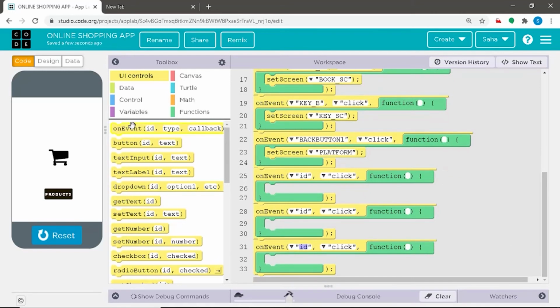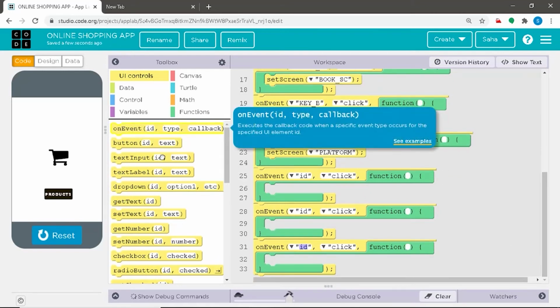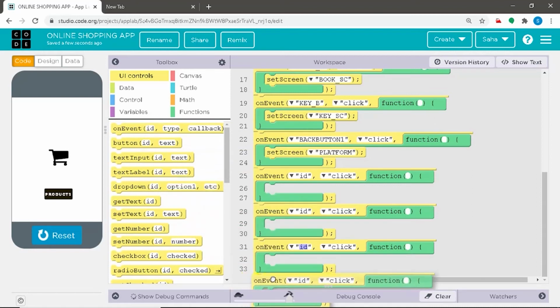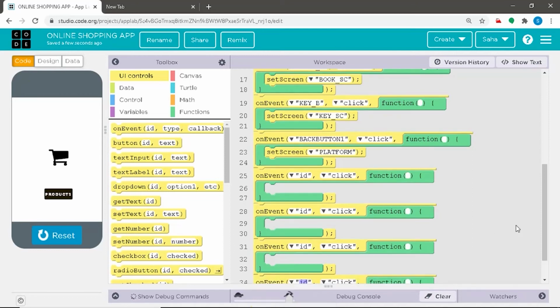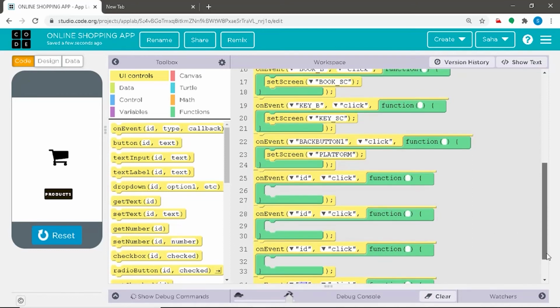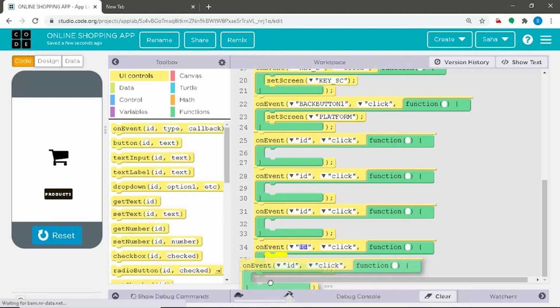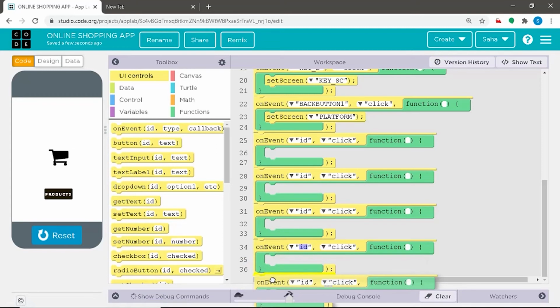I have placed 3 on event commands. Two more to go. So in this we shall be defining the different back buttons and the different screens they will be redirecting the user to.